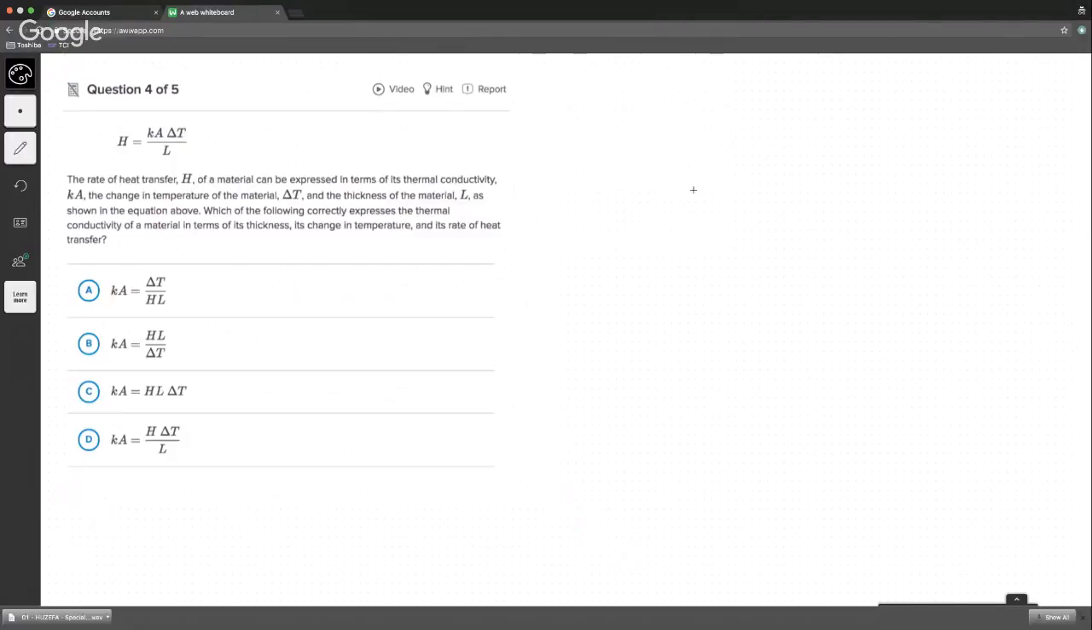Okay. K times, what is that? It's like delta T over L. The rate of heat transfer, H, of a material can be expressed in terms of its thermal conductivity, K. Again, a lot of jargon. I am going to skip this big chunk where it explains all this stuff because I bet all it's going to ask is to isolate K. That's it. So all I'm going to do is try and isolate. Which of the following correctly expresses the thermal conductivity of